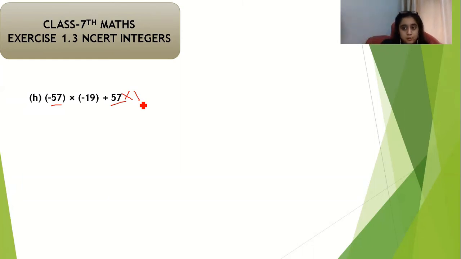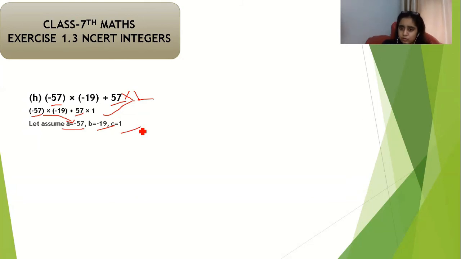Okay, so in my next step, I will write down the same equation as it is. What I have done, I just multiplied this 57 by 1, so that I will assume A, B and C. So I will assume A, that is minus 57. Just look at this, it is very important. I have assumed A minus 57, not plus 57. Though there it is plus 57, but I have assumed this minus 57 A, and B is minus 19, and C is equal to 1.